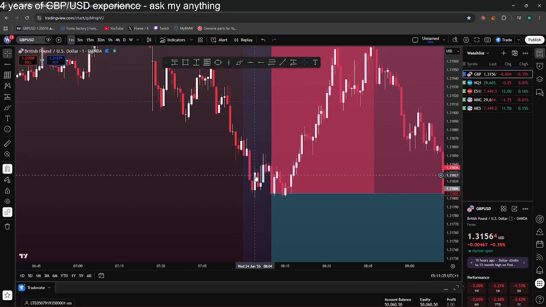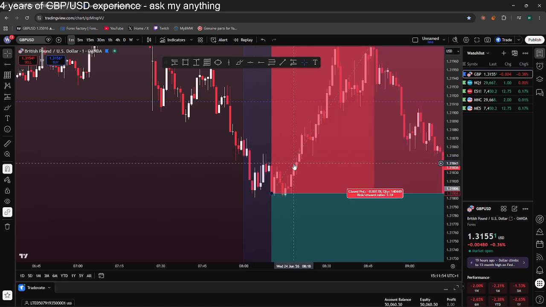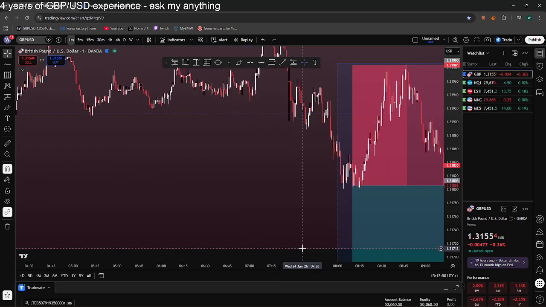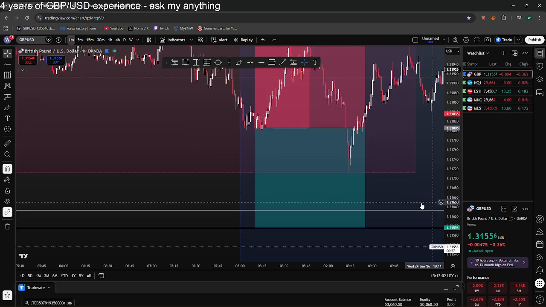We tapped into this imbalance with this candle, and then we had this candle as well. And then I waited for some sort of breaking structure. We created this candle, and then there was like 10 seconds left, and we were all the way up here somewhere. So I put my phone away, and when I checked back at it, we were up here again, and I couldn't go on my phone for a good 10 minutes. So we're back up here. I'd missed the trade. It is what it is. So I left that.